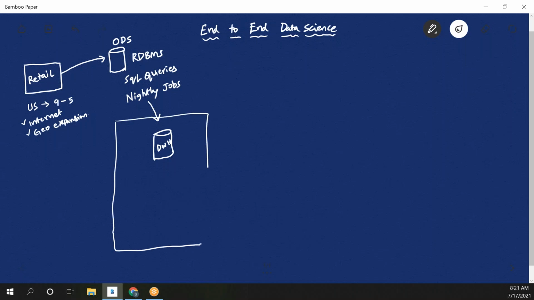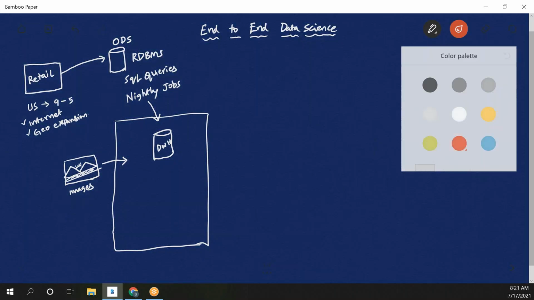After that, with the increase in data applications, data warehousing was primarily focusing on structured data, more like table kind of data, row and column data. That is the primary focus of data warehouses. But as the systems grew, new kinds of data were emerging. For example, images. I'm drawing a mountain with the sun here and maybe a river, right? So we have these images, we have some video data,